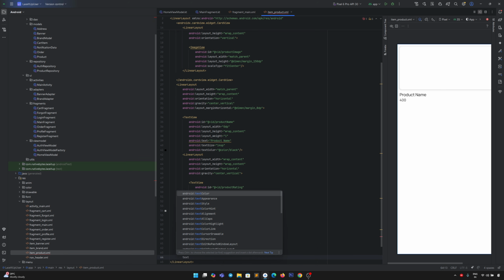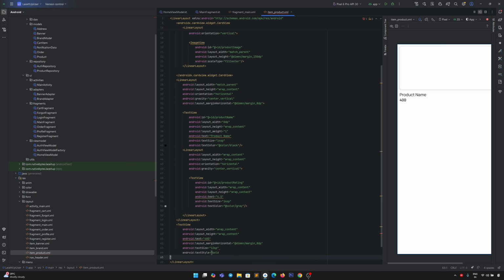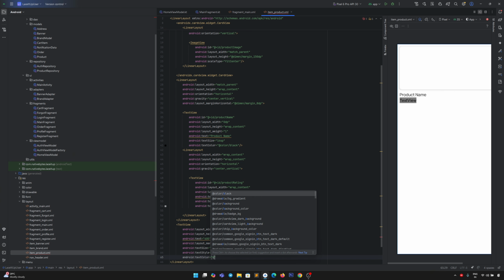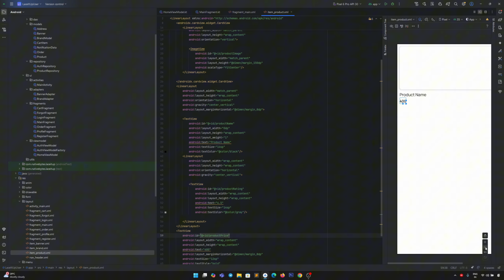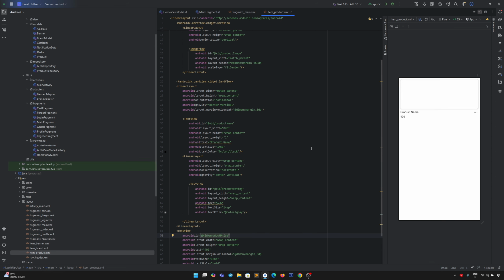Then text style I will add bold. Text color we want black. Padding top 4 dp, bottom 4 dp we need. And I will assign the ID to this text view as product price. We have completed our UI part for the